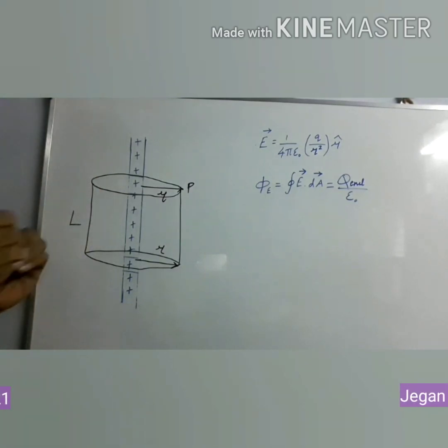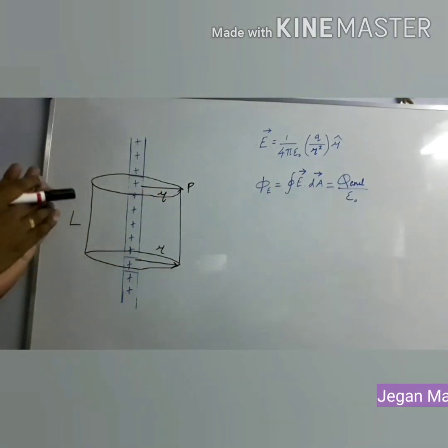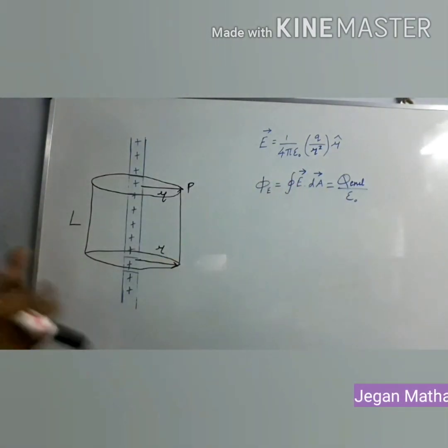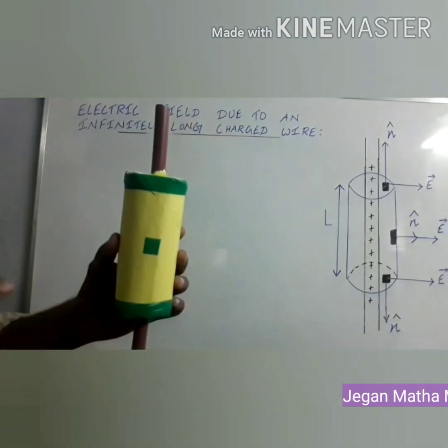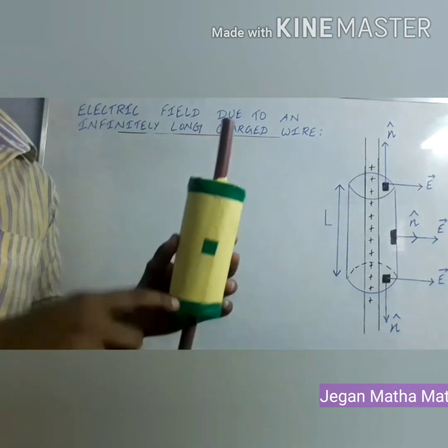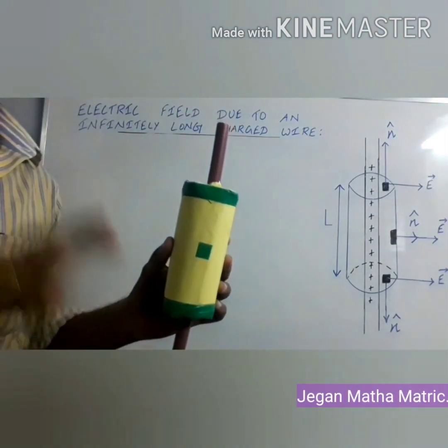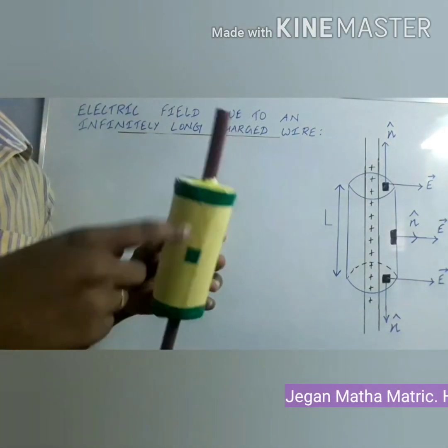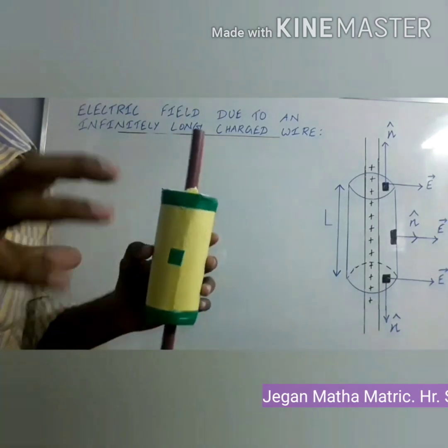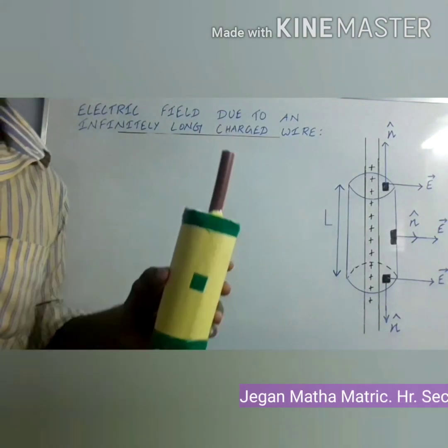L. Here, by using the Gauss law, we are going to find the total electric flux. Through that, we can find out the value of E. We are going to discuss. Let us take a cylindrical Gaussian surface around the charged wire. This Gaussian surface has three surfaces: top surface, curved surface, and bottom surface. We are going to find total electric flux in this closed surface.